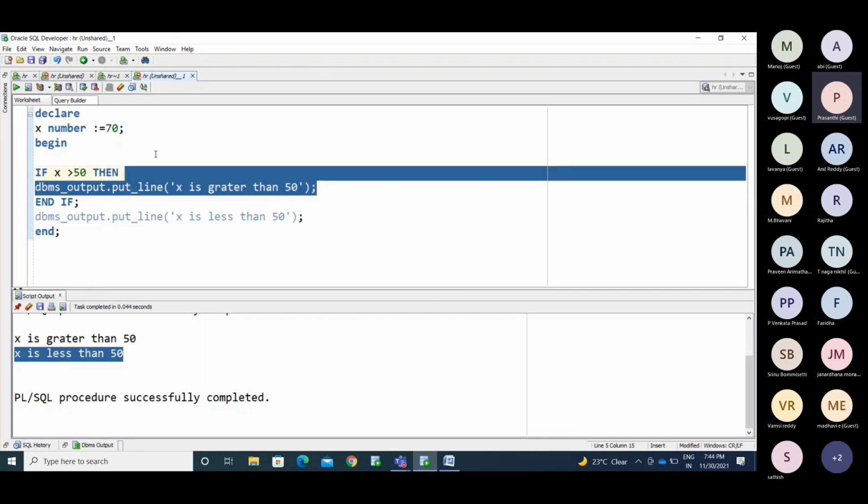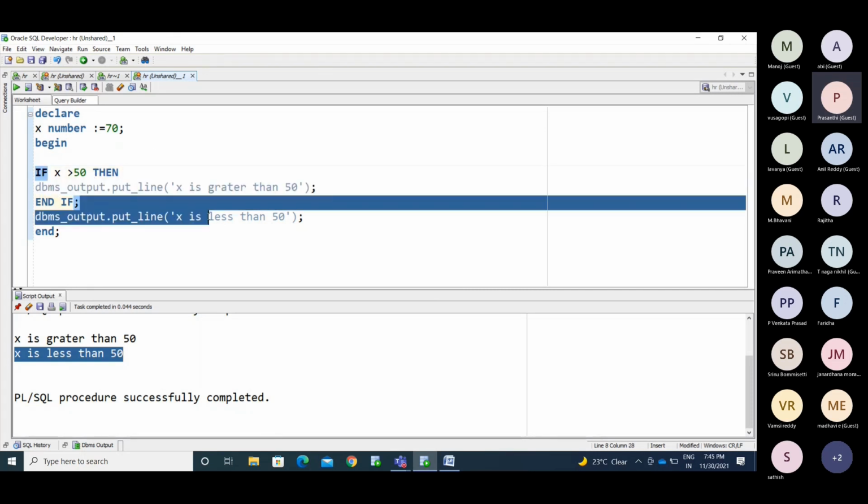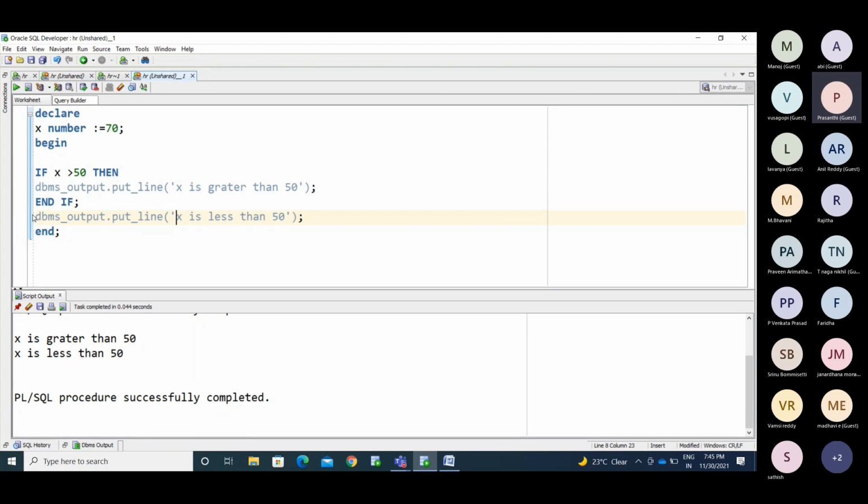If the value is greater or less than, I don't care about that, my statement needs to be executed. Saying the value is less than 50 is not the correct case, right? I'm just executing what I put here.